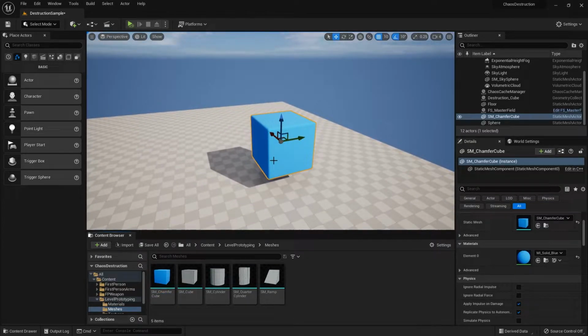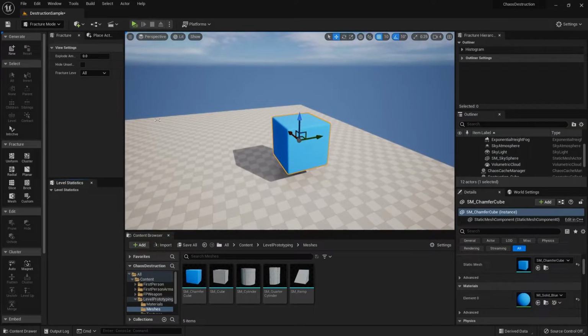Okay. So in order to make a destructible mesh, you are going to have to first go to the select mode over here on the top left corner of the Unreal Engine, and then click on it, and there's a fracture option over here. So just click on that, and then it'll bring up this fracture tab over here for you to make the destructible mesh. And your layout might be a bit different depending on your workspace. Just be sure that you will know where to find it.